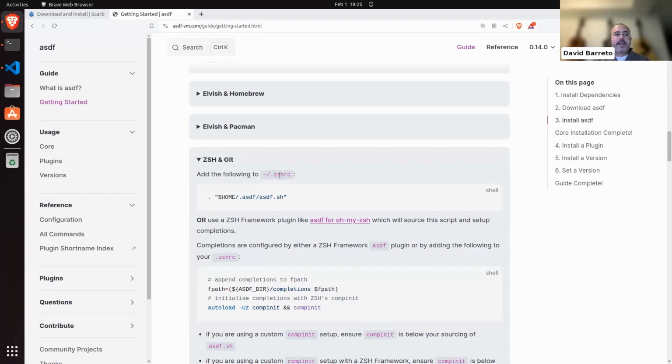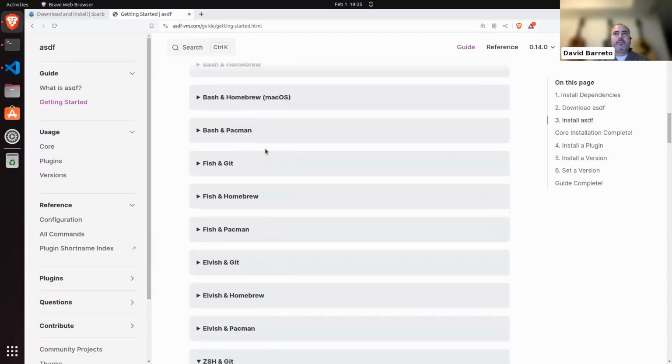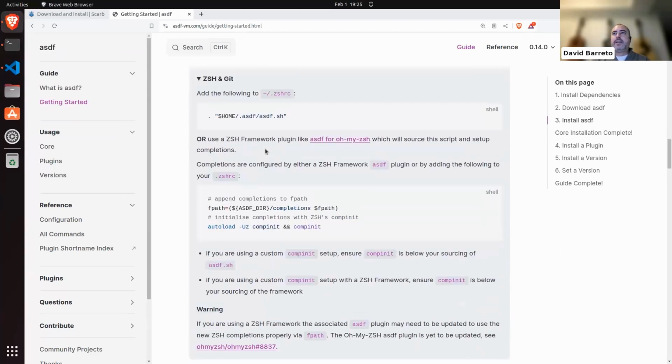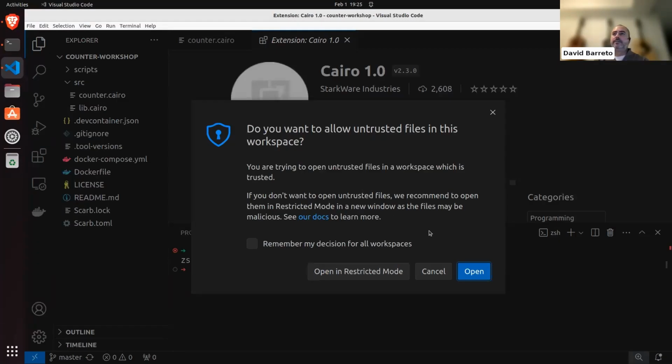So let's open this file. How do you know which one to choose? I think you can do echo $SHELL. It will tell you which shell you have. In my case, I have zsh. That's the one that is active. Maybe yours might be bash. But in my case, I have to open this file. So I go code, I have to go to my home folder, zshrc, open this file, and this is where